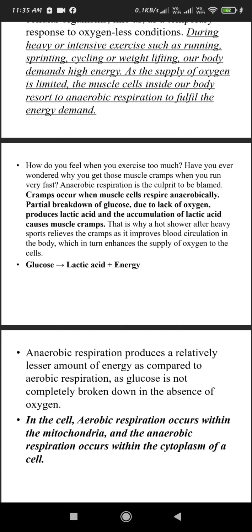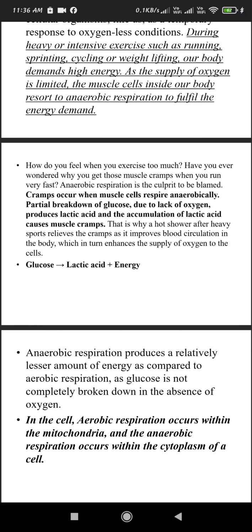Partial breakdown of glucose due to lack of oxygen produces lactic acid, and lactic acid accumulates in our muscles, because of which we get muscle cramps. So to cure a muscle cramp, what is the solution? A hot shower after heavy sports relieves the cramps. If you just take a hot shower, it will improve the blood circulation and it will enhance the supply of oxygen